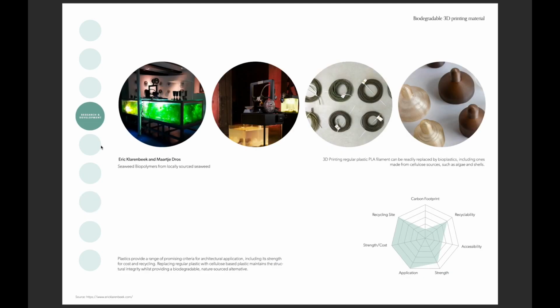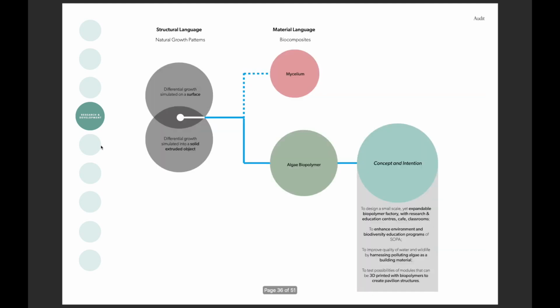Regular PLA filament can be readily replaced with biopolymers. They have similar material properties, but are biodegradable, so would require a waterproof layer or could be designed to decompose naturally. Research led to an intention to design multiple iterations of differential growth on a surface as a solid using